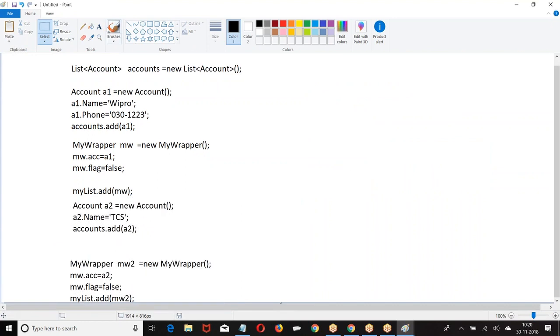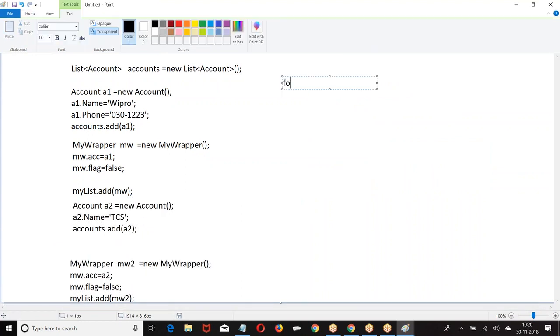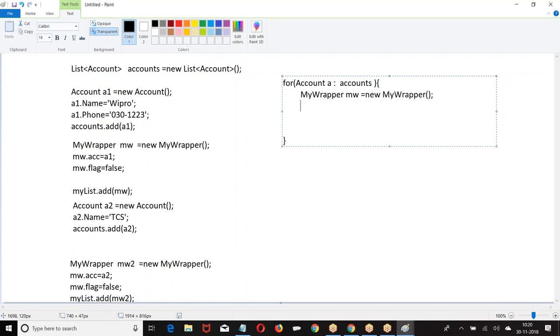In the loop, for account A in accounts, then I'm creating my wrapper. So A is the first record, next time the second record, next time the third record, next time the fourth record.